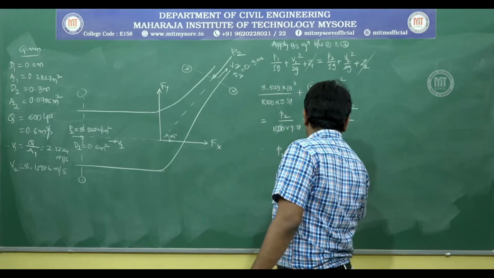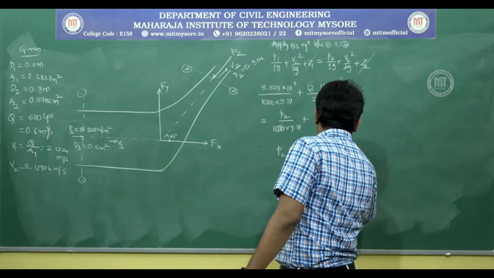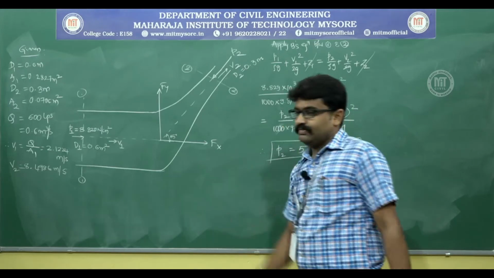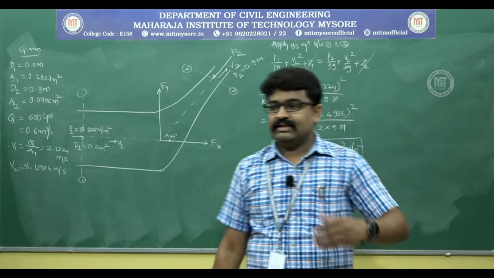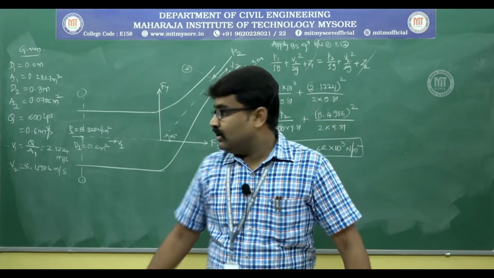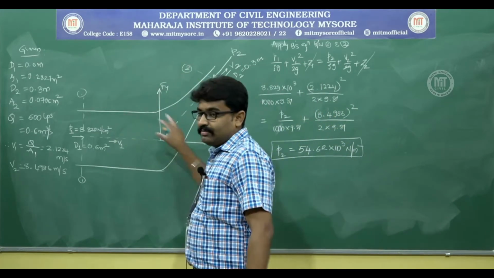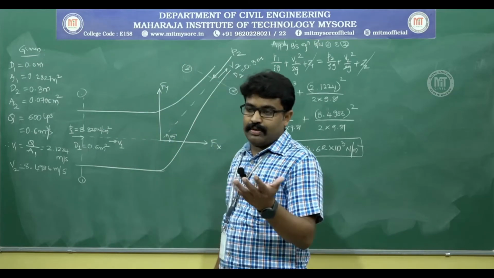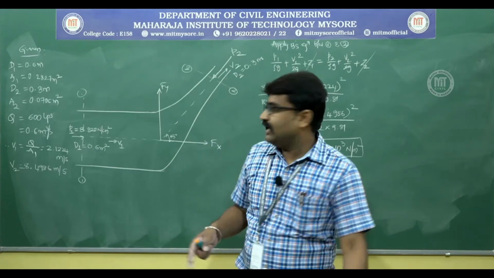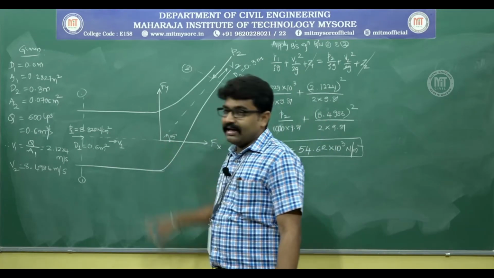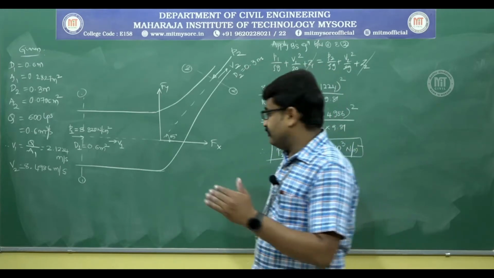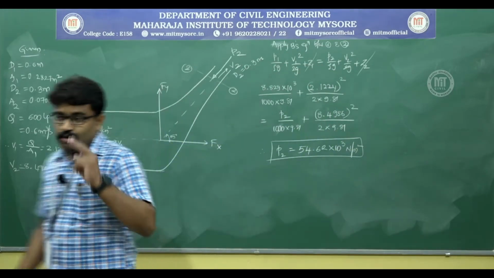54.62 into 10 power 3 Newton per meter square. Once you get this, the next step is to apply the impulse momentum equation to this entire problem, because you now know P1 A1, P2 A2, V1, V2 as well as theta, that is the angle made. So, using this you can easily solve the problem, but for which you will have to draw two more diagrams,